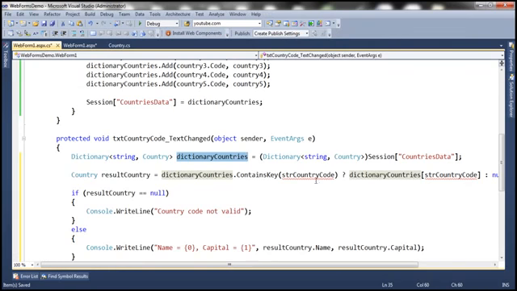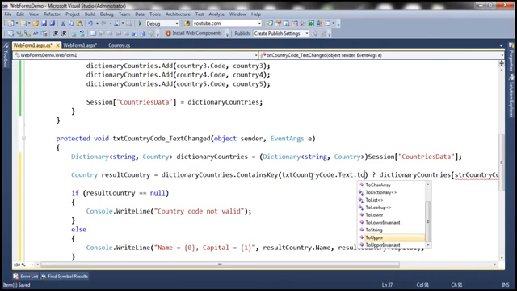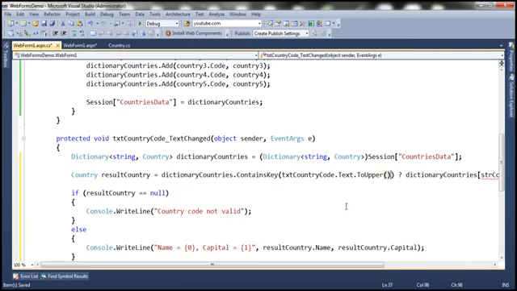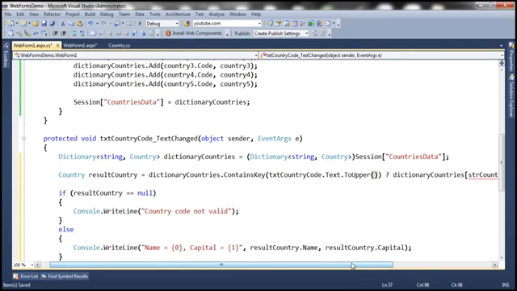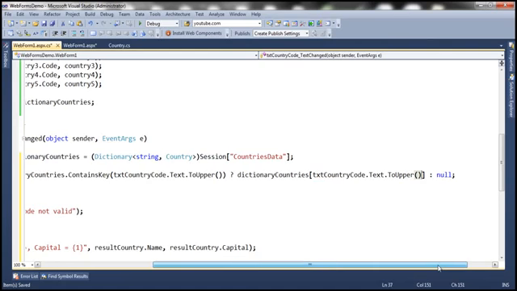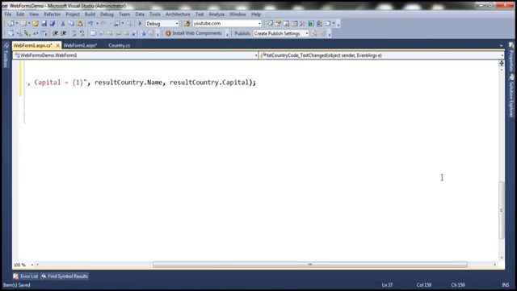So let's use that text box here. txt country code dot text is going to give us the country code, but then we need to convert that to upper, in case the end user enters it in lowercase, we still need to find it. So the same code, let's copy it there. If the dictionary contains that key, then return the key's value from the dictionary. Else, store null